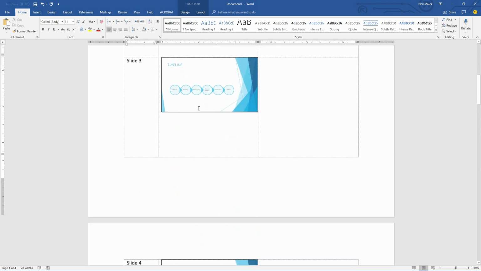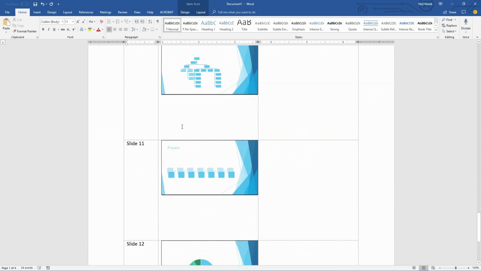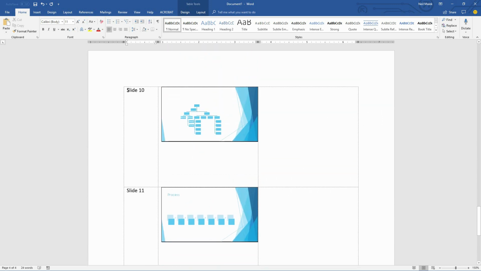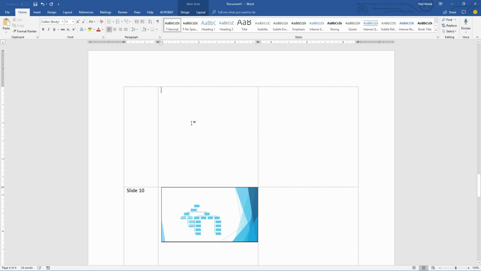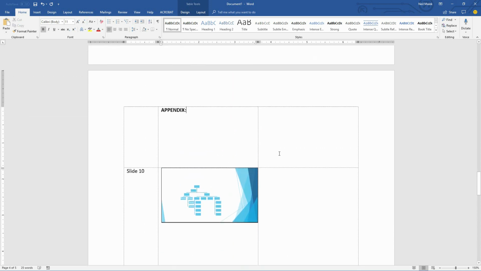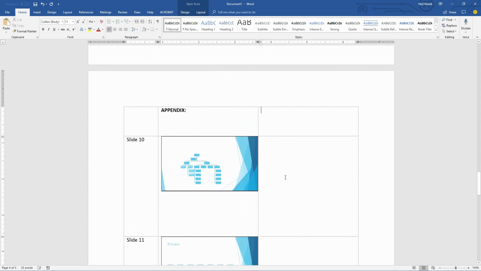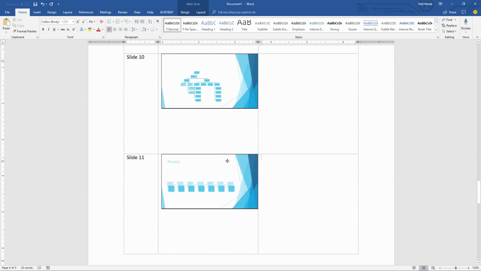So you can see here's the normal section of the presentation. And then we get down here where our additional data comes into play, and I'll just right-click right here in the table, insert another row above this one, and this row above it will say this is the appendix, right? And the appendix will come right above all of these additional slides. I can kind of squeeze this down to make this the title, like so. And so now people are able to consume the additional hidden slides on top of the presentation they're